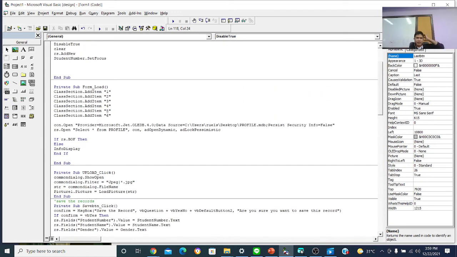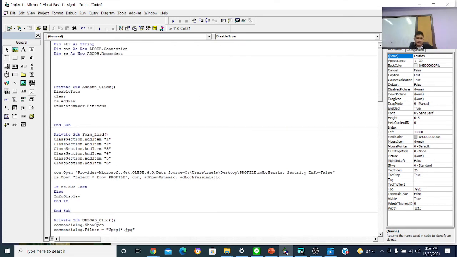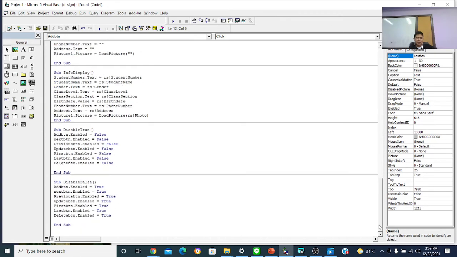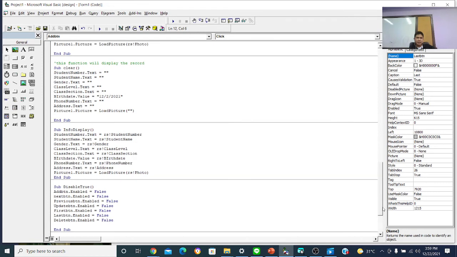As you can see here, when I click add, I call disable true, and then I call the clear method, which is here, so that all of the text inside of this form will be cleared, because we need to add a new record. Okay, and then